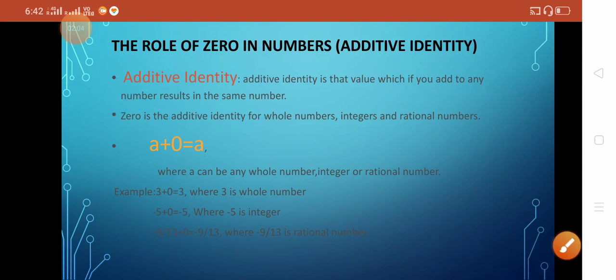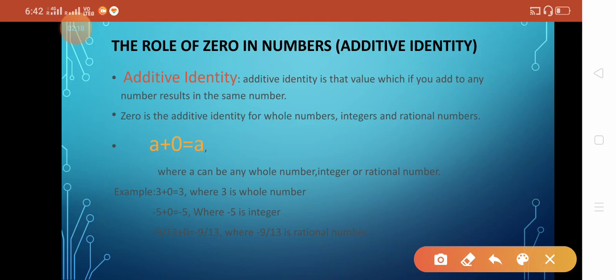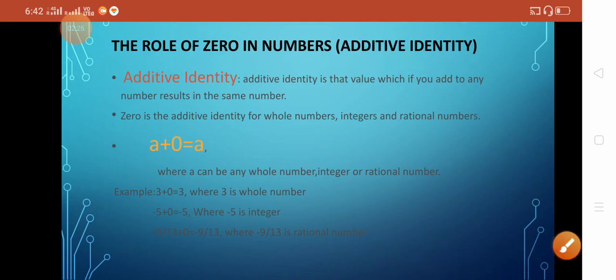So if you take any whole number, natural number, integer or rational number, and you add 0 to it, the answer is again the same number. That means 0 is the additive identity. Identity, as the name suggests, means the same value. So after addition you will get the same value, that means additive identity. Now the next term is